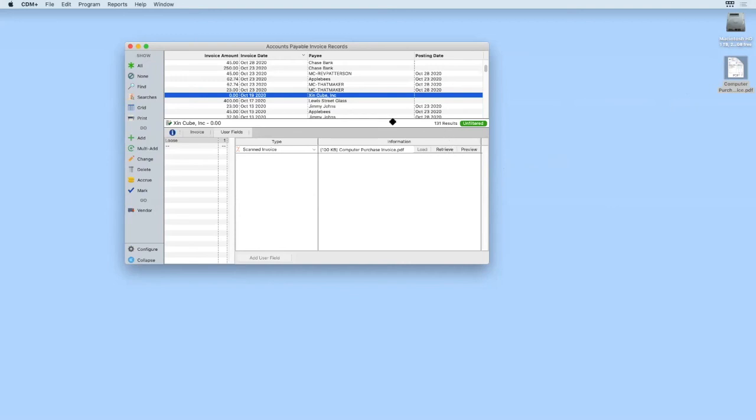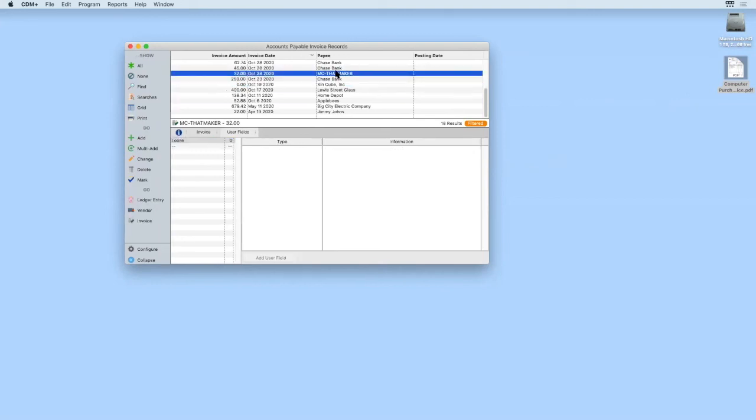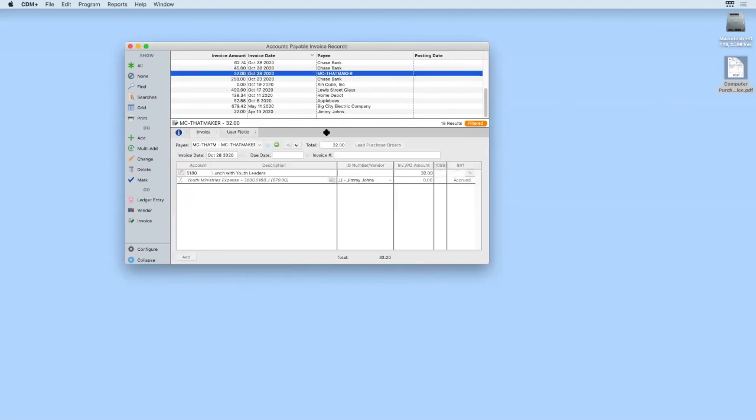Now, another enhancement we made to invoices is the ability to jump to an original invoice that's been paid by credit card. Okay, here's an example of one. I've paid this by a credit card, MasterCard, okay, and it's to the vendor of Jimmy John's. Now, I'm like, okay, I understand what this is, but I want to see if there's more detail on the